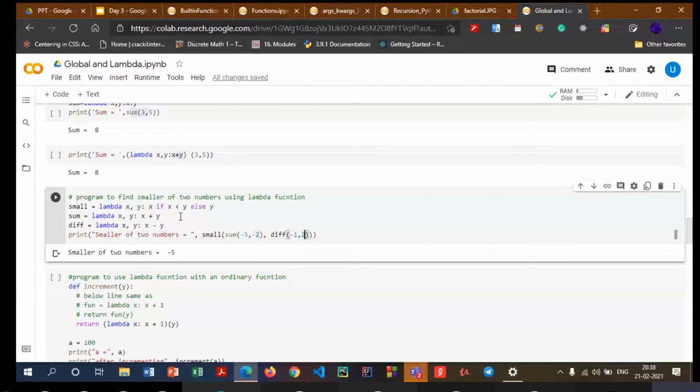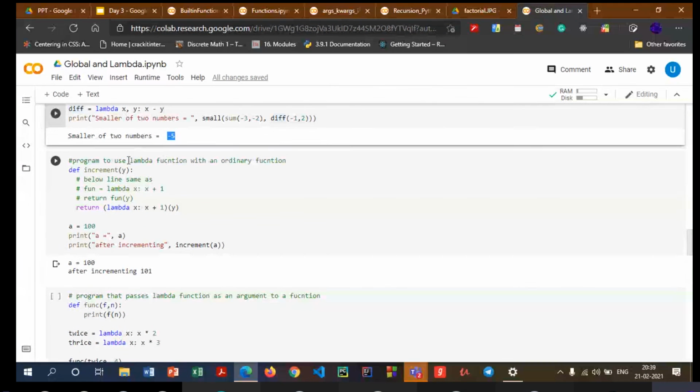So from minus 5 and minus 3 we know that minus 5 is smaller, so this is what we do in another lambda function. This takes up two values x comma y. It will return x if x is less than y, else it will return y. So this is just a shorter way to use the if else statements. So this will give the smallest of both the values. So when I say small, first it will compute the sum. Over here it will be minus 5, so this will get substituted with minus 5. Difference is going to be minus 3. So when we call this small function, it is going to be minus 5 comma minus 3. Smaller one is minus 5, and that is what we get as the output.